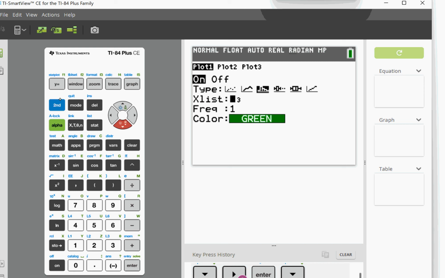So my X values are actually in list 1. That's the 0, 1, 2, 3 up to 6. The frequencies are the probabilities of those numbers, and those numbers are in list 2. So that's something we haven't really done too often when it comes to histograms. So you have to be real careful with that. Okay. Once you've done all this, just do second quit to get out of there, and now your stat plot